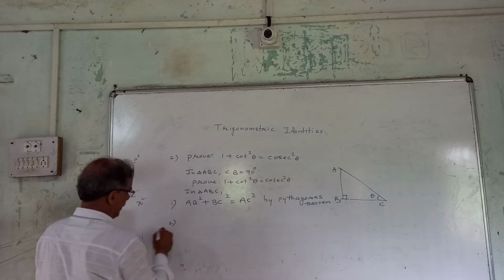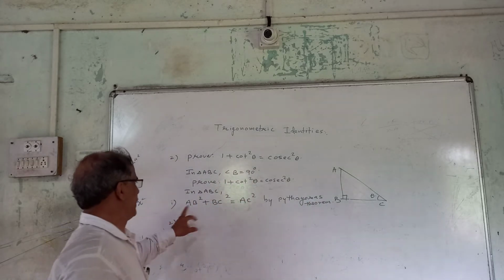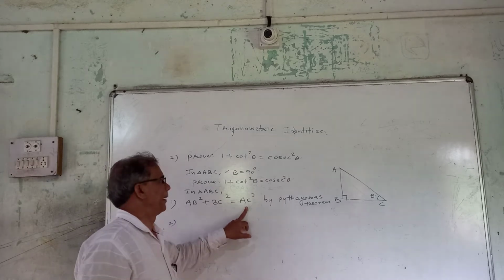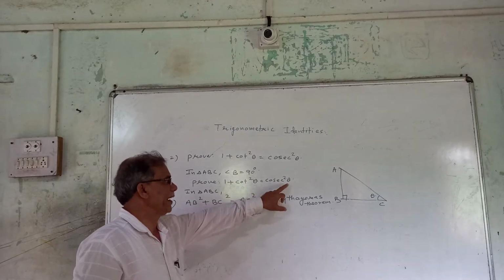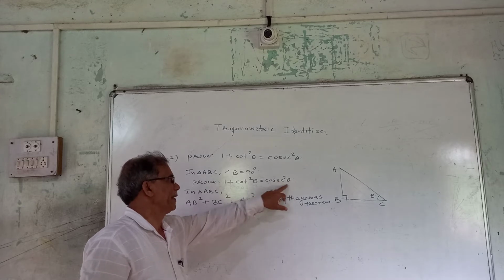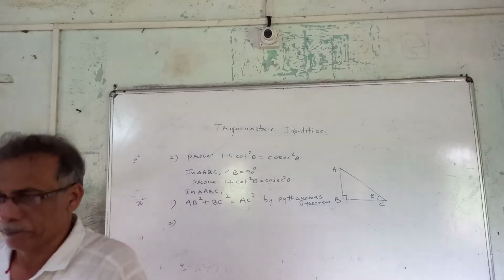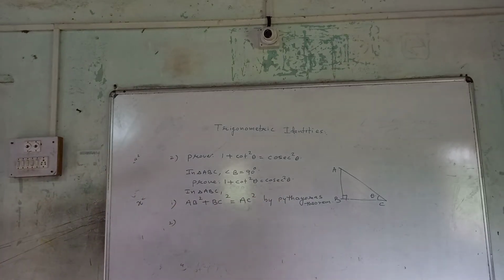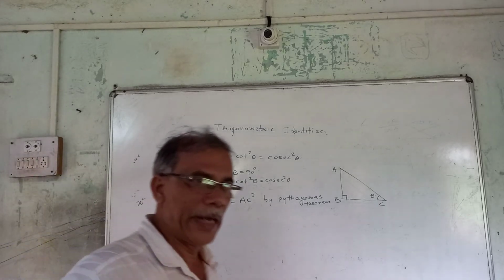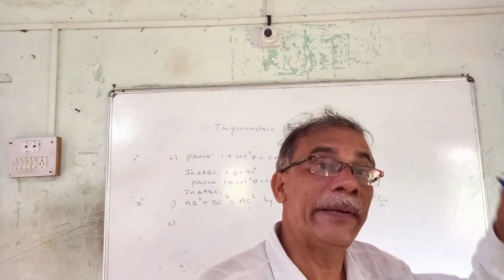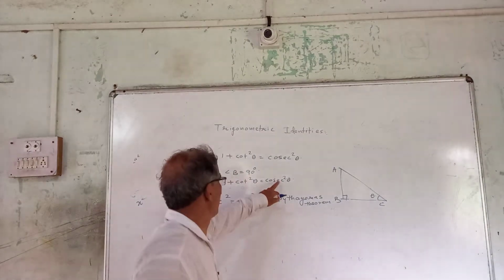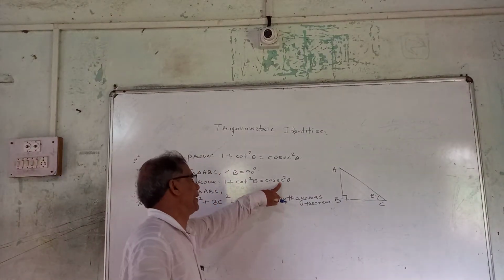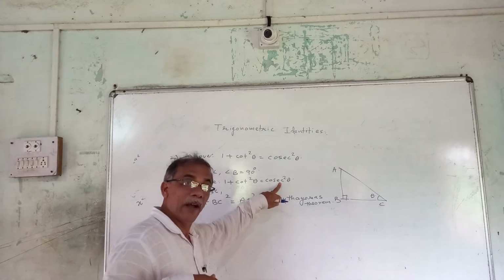Okay. Now second step. AB square plus BC square is equal to AC square. And here it is what? Cosec square theta. Cosec ratio of the angle means which side upon which side? Or it is inverse of which ratio? Sin ratio. Sin means opposite upon hypotenuse. Now, if you want to get cosec, it is inverse of sin, meaning hypotenuse upon opposite.